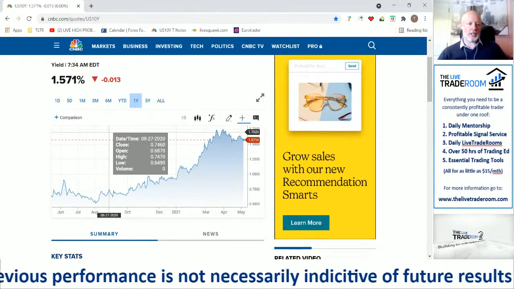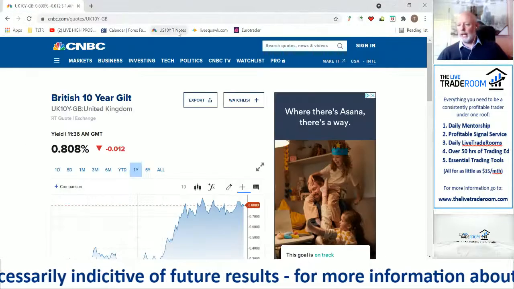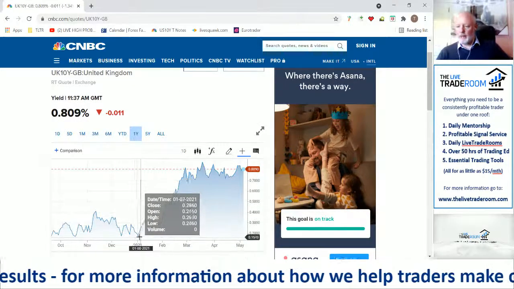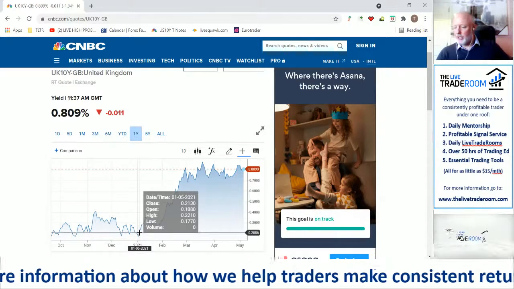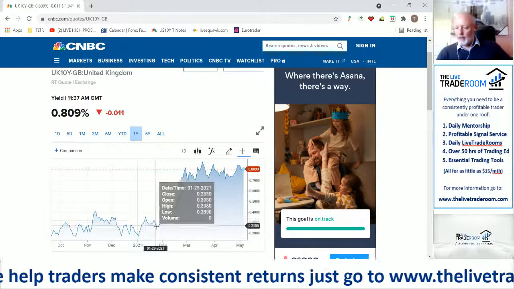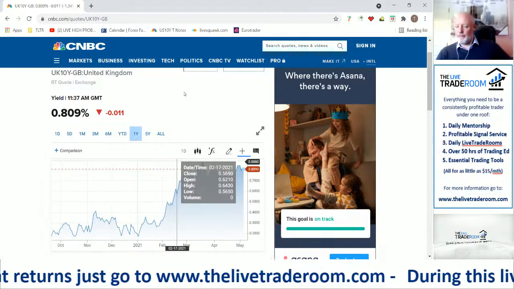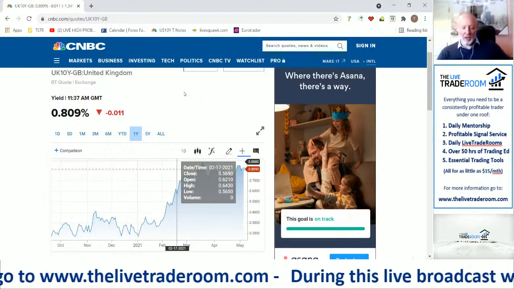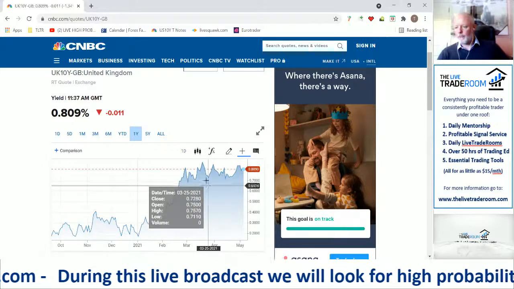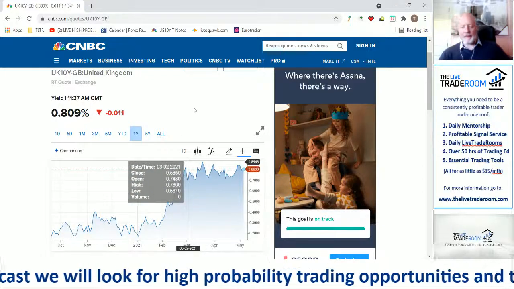markets. To just compare and contrast the bond yield, the equivalent in the UK, the 10-year gilt, similar type of explosion to the upside from 0.2, let's say, up to 0.8. So we saw in two months a very sharp increase in the yield, and it was to do with the dwindling demand for the 10-year note in the UK. You can see what's happened since. There's a bit of stability creeping in, so it's just drifting sideways, and we have the Fed and other central